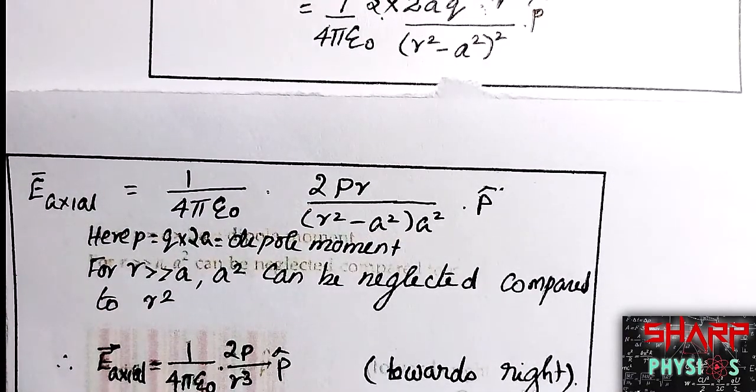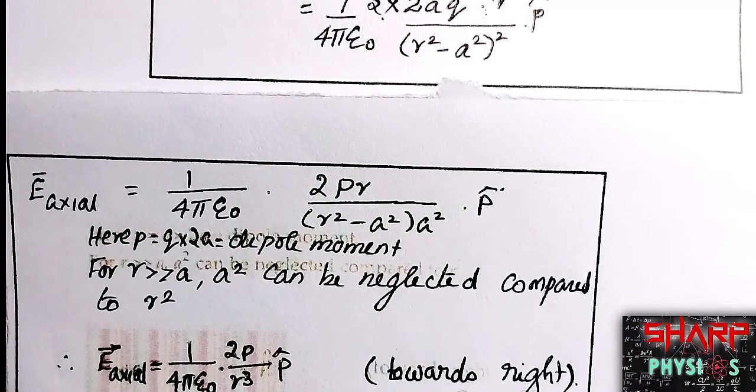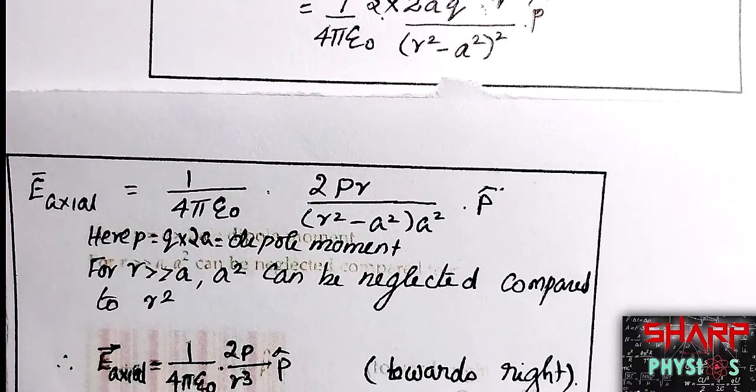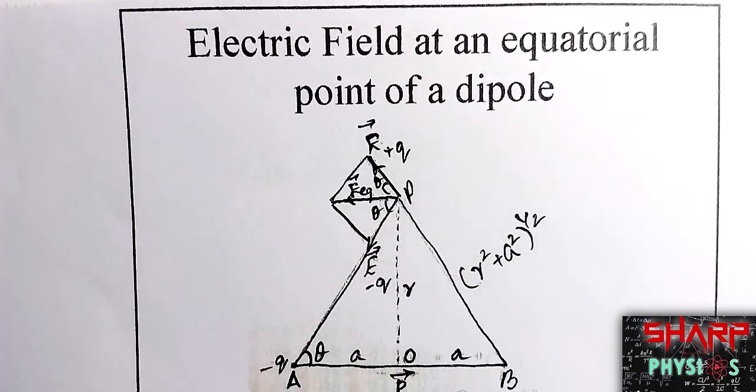So from this it is very clear that the electric field at an axial point of a dipole acts along the dipole axis from negative to positive. That's why it has come as towards the right, from negative to the positive, the electric field will be acting. That is in the direction of the dipole moment. So you have seen the electric field at an axial point of a dipole. Now we will be seeing